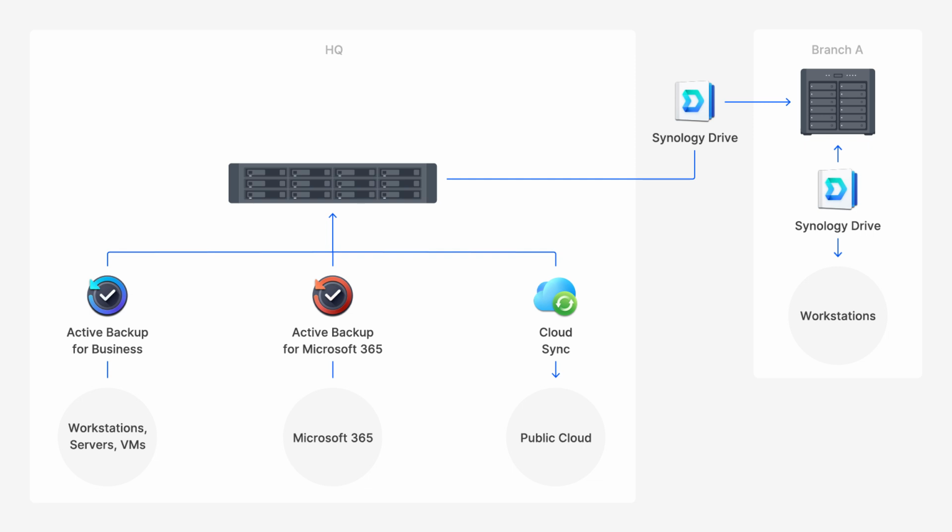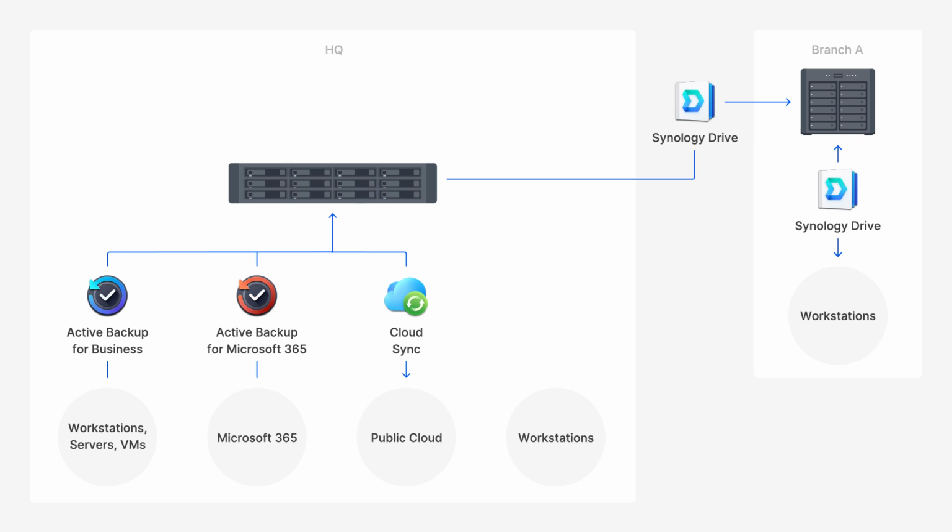What's interesting about the Synology Drive environment is it's so flexible that they can have the workstations connect to Branch A, Branch B, or directly with HQ, depending on what would give the best performance for this scenario. So this workstation, if it's on the go, what have you, they could sync potentially directly with HQ to get their data in hand if they needed to.